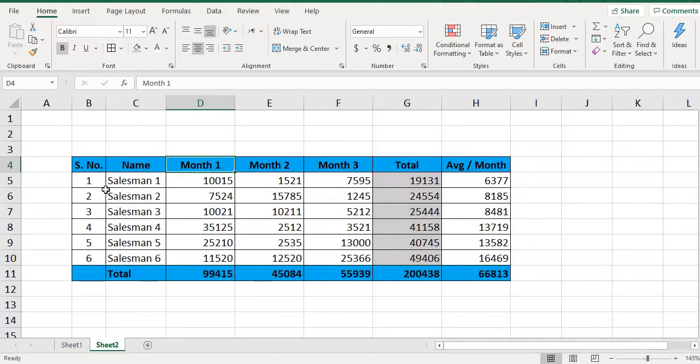Second tutorial is about the graphical representation. First, we are going to have a bar chart. I want to show 3 months performance of all 6 salesperson, and I want to show this in bar graphical representation. So in order to do that, you have to select this data from cell C4 to F10,